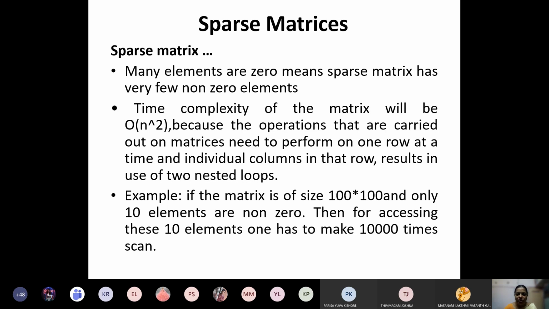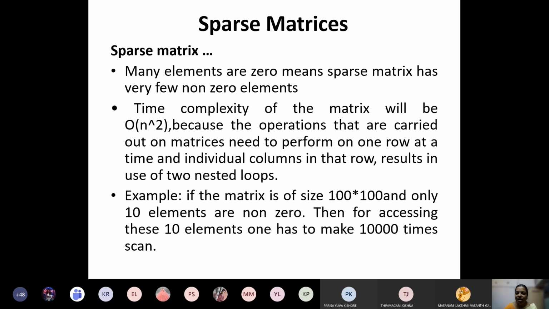The time complexity of the sparse matrix is order of n square. The time complexity is nothing but the creation time and execution time of the sparse matrix. When only 4 or 5 values are non-zero and all the rest are zeros, there is a wastage of memory space for those zero values, and a wastage of code to traverse through them, which we are not using at any cost. So it takes more time to execute sparse matrices, the order of n square.